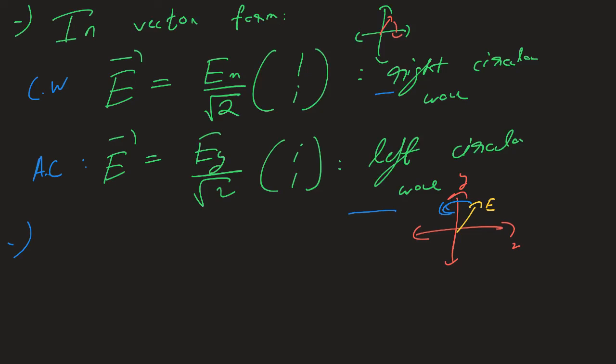I hope this is clear, because what we've basically discussed here is that whenever you have a 90-degree phase difference between the x and y components of an electromagnetic wave, then that 90-degree phase difference leads to either circular or elliptical polarization. It's circular polarization if the magnitudes of the x and y components are the same. It's elliptical if the magnitudes are different. And I hope you understand